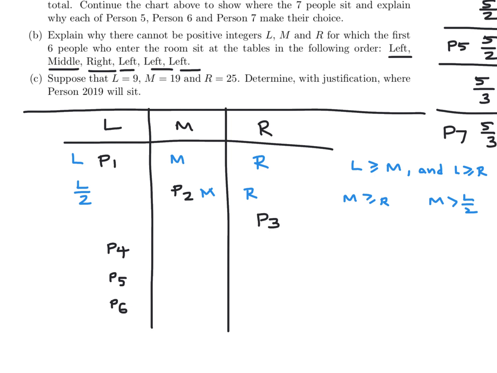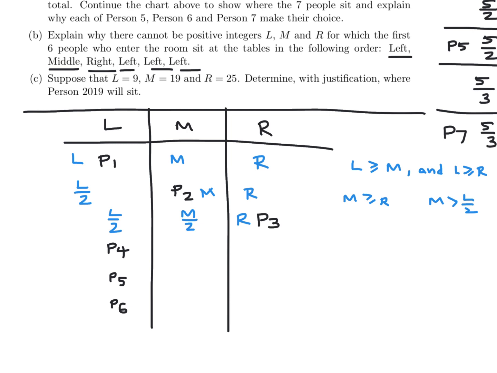Yeah, I think that's the right way of thinking about it. And then the next one, we just keep going here. So let me just carefully see what this would be. This would be R. This would be M over 2. This would remain at L over 2. This would become